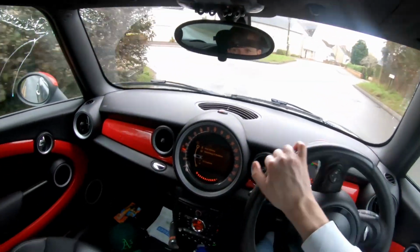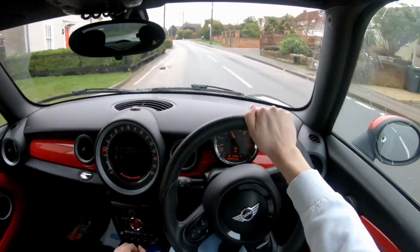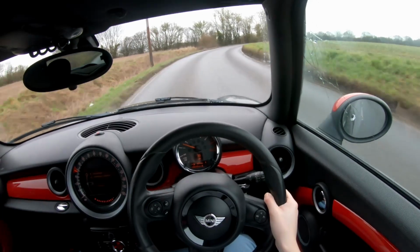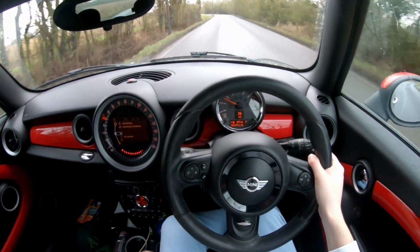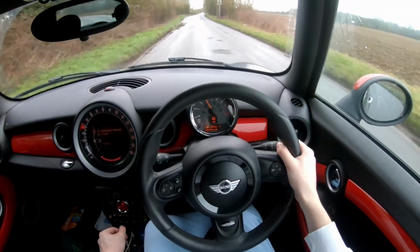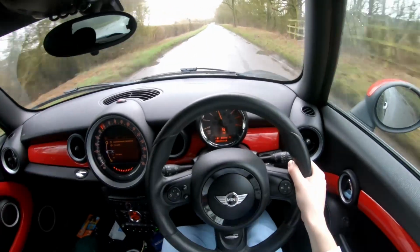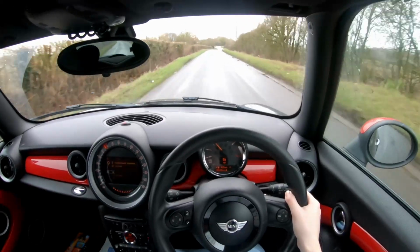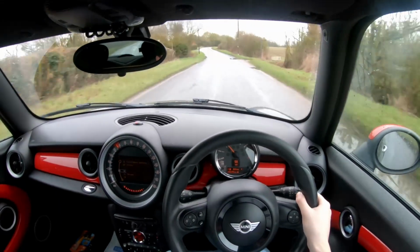Just chuck stuff around corners and you don't ever feel like it's going to slip out. You're cruising in 6th, that's fine. This is a 60, you're chilling. And like I said, this is exactly where this car thrives. Drop this to 3rd, floor it. And like I said, this is just where this car flies, just down these country lanes where you're going